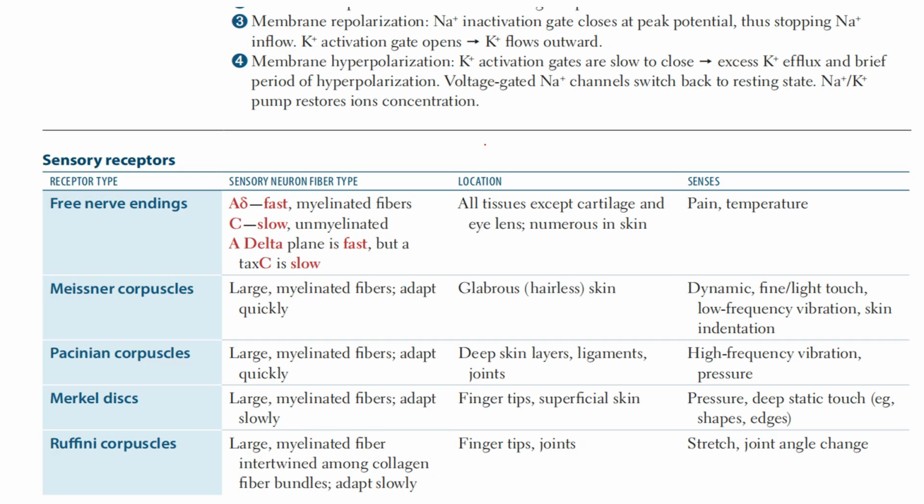Now let's see what the book says. It says that membrane repolarization happens when the sodium inactivation basically closes the gate. So here we have the stimulus and here we have this peak potential. When the potential is coming down from the peak, the sodium inactivation happens at the gates,